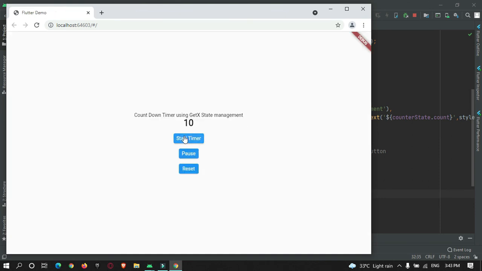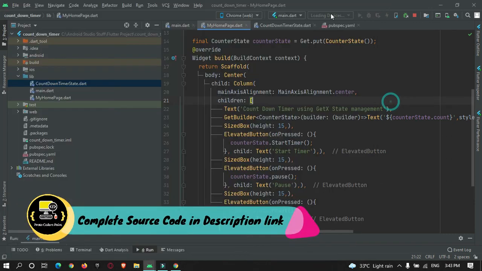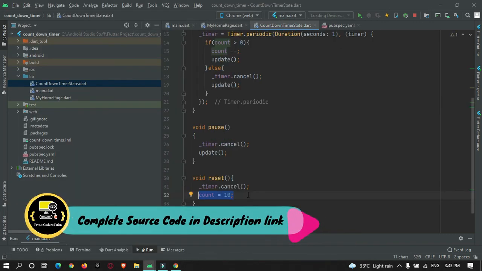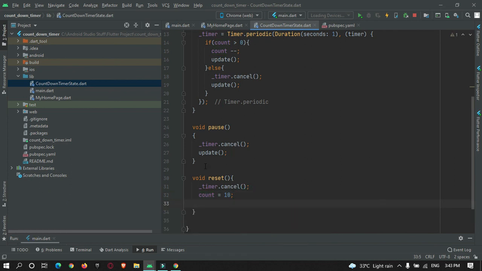Now I will press Start Timer, and you can see the timer got started. Pause the timer, reset the timer. Reset is not working. Let me check. Okay, fine. Here you need to update the observer.